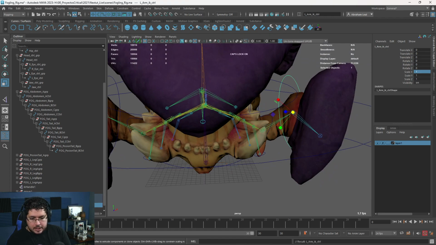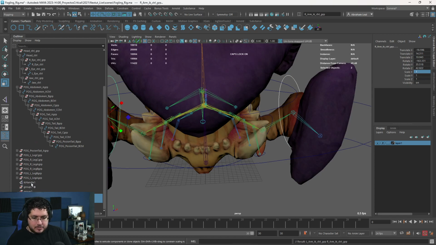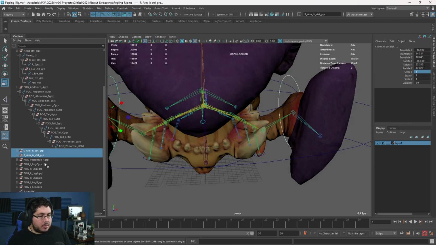We're going to call this L. And we're going to call this L. I know that the names are being hidden by my camera right now. I'm sorry. You're going to have to believe me. Shift P. And there we go. I wish I could move the hypershade or the outliner up, but it's a little bit difficult. I'm going to move the groups up, but I don't want to parent them to anything just yet. There we go. So those are the names of the groups, left arm IK control and left arm IK control.